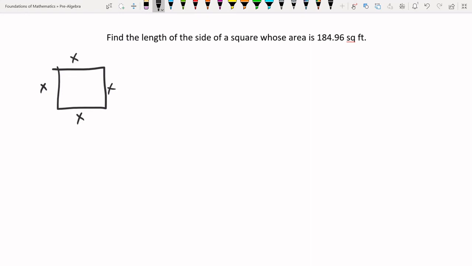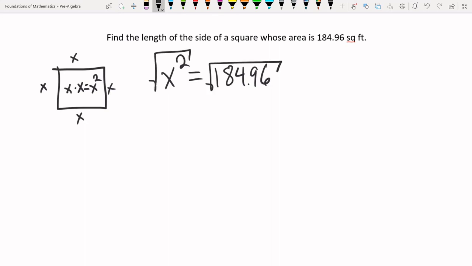And for a rectangle, the area of a rectangle is length times width, which in other words is going to be x times x, which is just x squared. So if the area is x squared, then to find that, what we have to do is take the square root. That's how we cancel with that and get x by itself. So we take the square root of